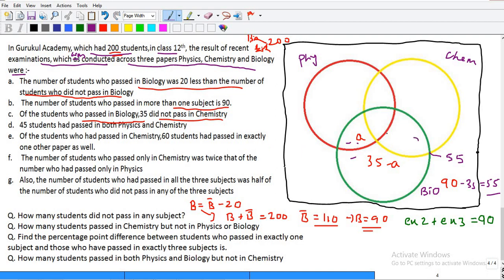45 students had passed both in physics and chemistry. So there are 45 students who had passed in both physics and chemistry. So I can say this represents 45. Now